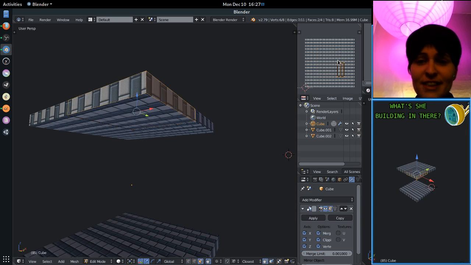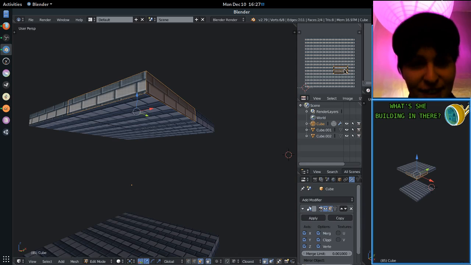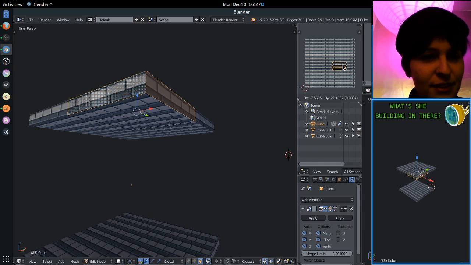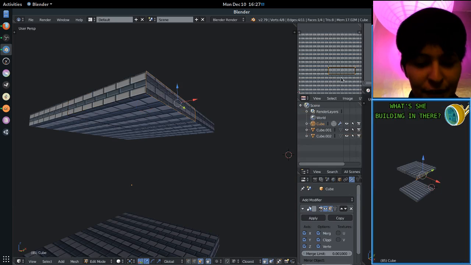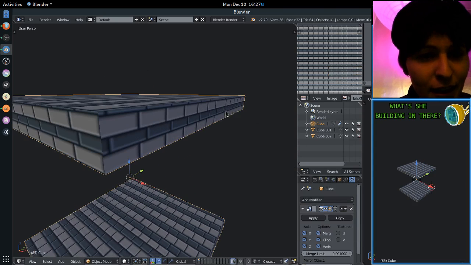So I'm going to say rotate 90 on this. Press G for grab and move this around. And maybe press S for scale until I've got just the number of these showing that I want. Then maybe grab this, line it up a bit,